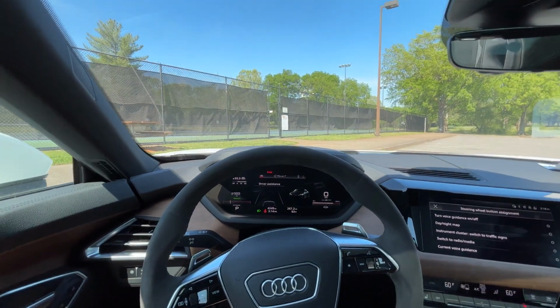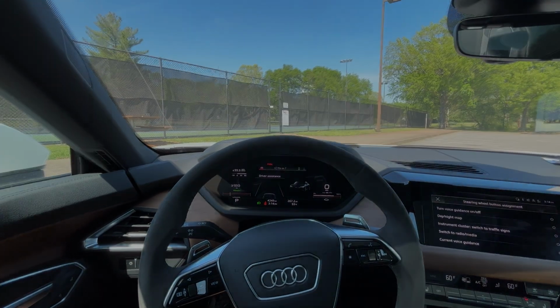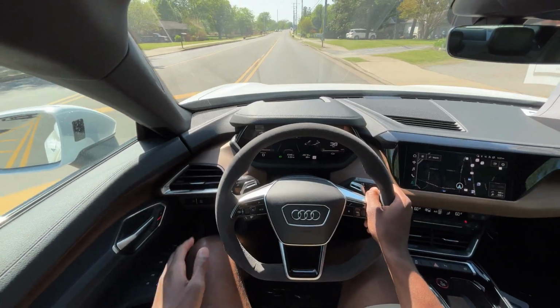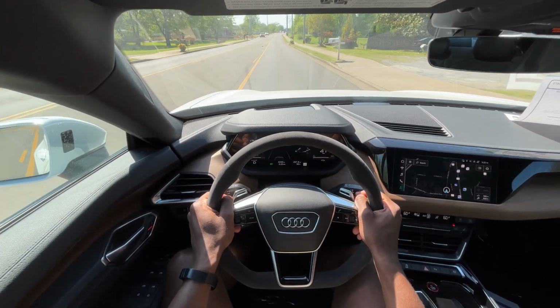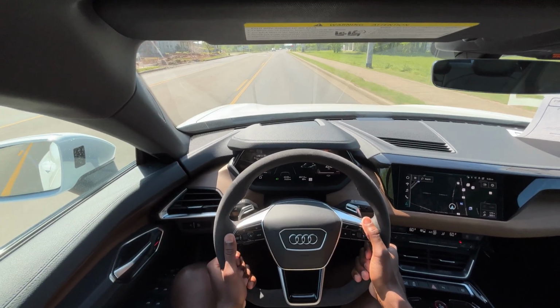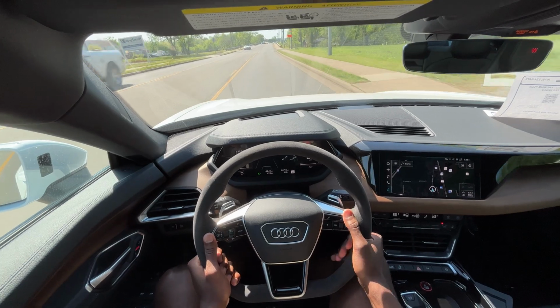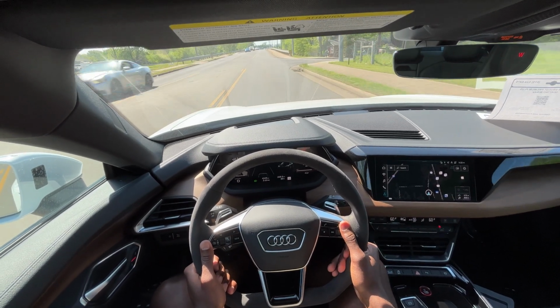But now to what I'm most excited about. Let's go ahead and take this Audi E-Tron GT Quattro out on the road for a test drive. So behind the wheel of the Audi E-Tron GT, this car is one of the most futuristic EVs I've been in. Just with the sound of the vehicle, the technology,